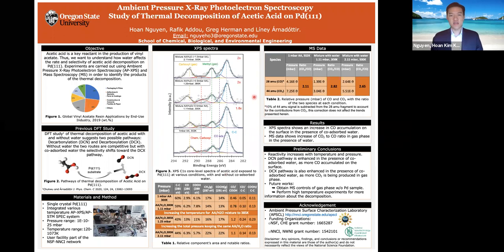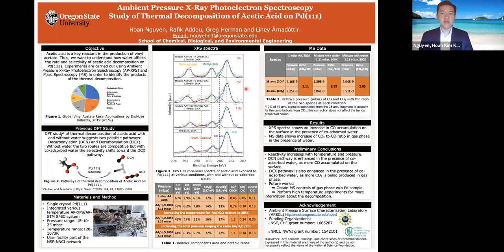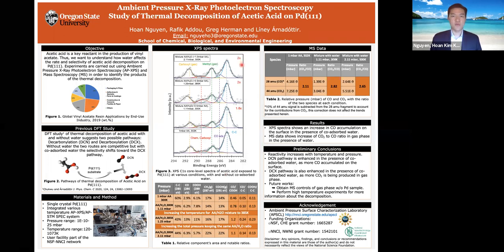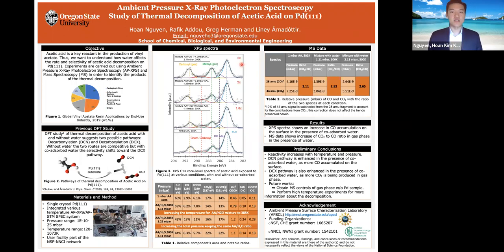Now moving on to the next comparison, when we expose acetic acid with water at elevated temperature, 385 Kelvin. As you can see in the spectra here, the carbon monoxide peak continued to grow. And as reported in table 1, the ratio of carbon monoxide to the other 2 surface components continued to grow as well. And the last comparison is where we expose acetic acid in a mixture with water at approximately 2.11